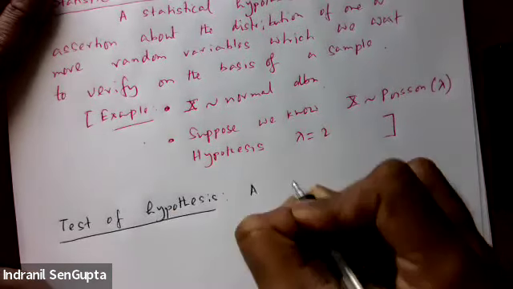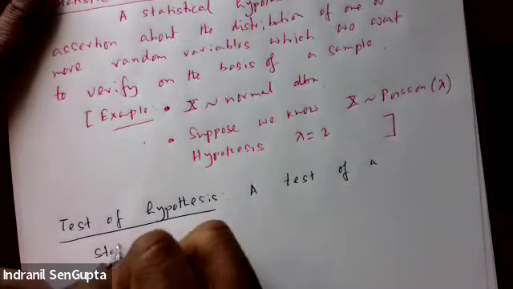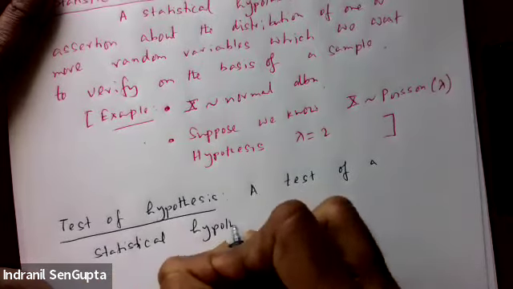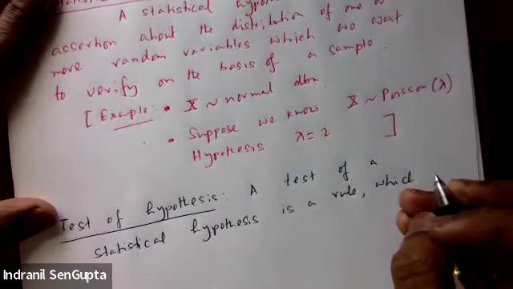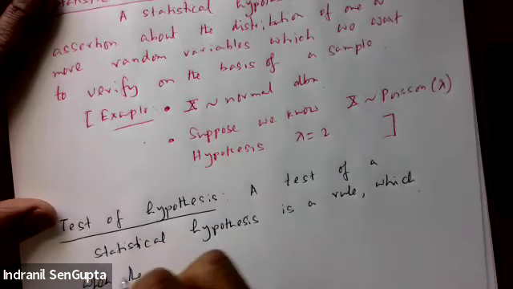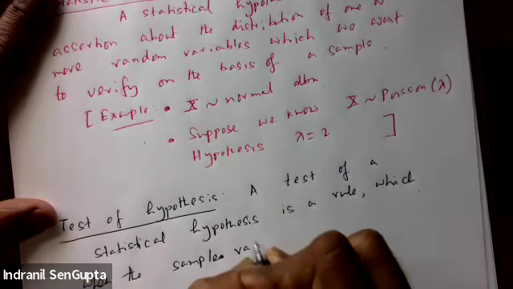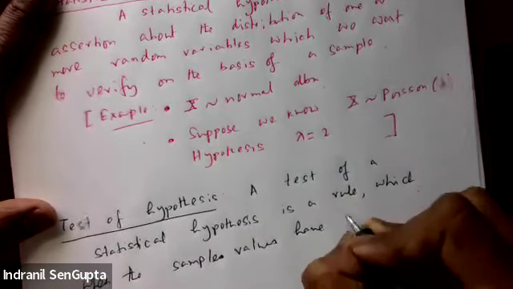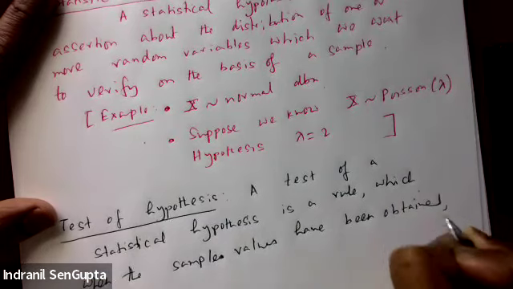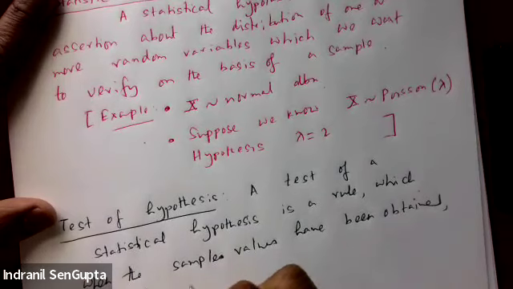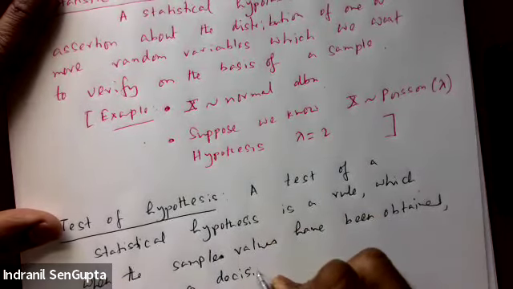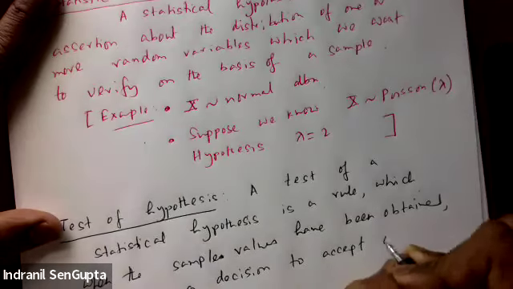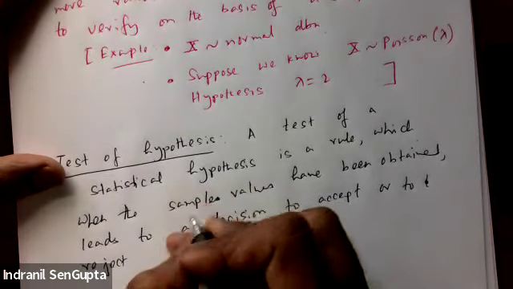It goes like this: a test of a statistical hypothesis is a rule which, when the sample values have been obtained, leads to a decision to accept or to reject the hypothesis